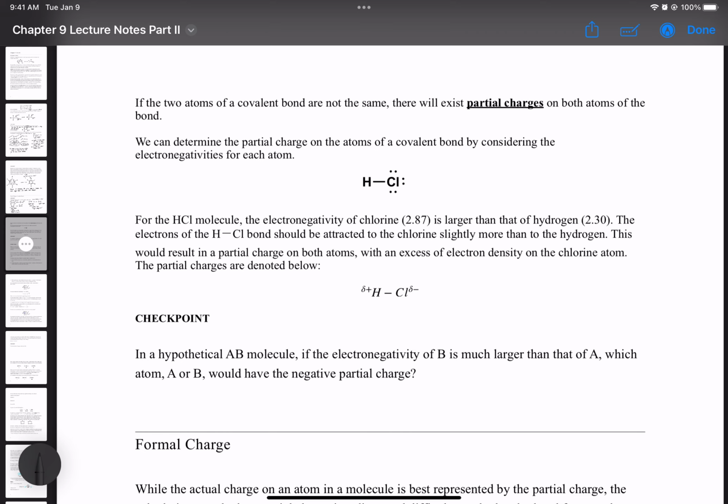Hello, everyone. Okay, let's resume with partial charges. So, we haven't really talked about what these mean, but if you recall what a dipole moment is,